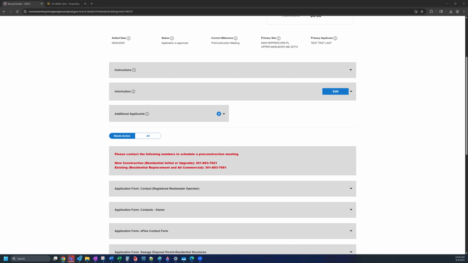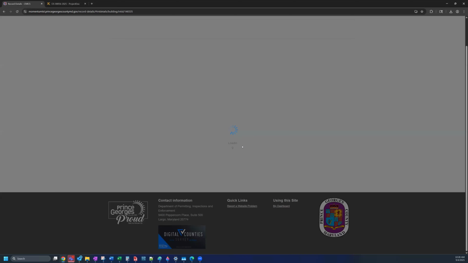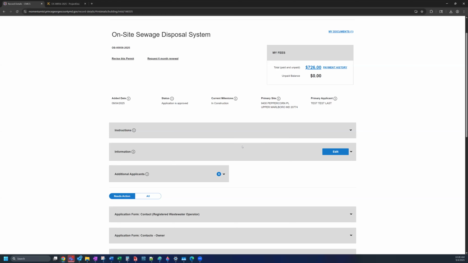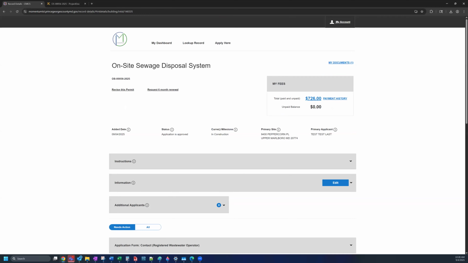So at this point, once we do that, you're going to meet with the inspector, complete the pre-construction meeting, and they are going to complete that task in Momentum so that now it's going to move forward to the in-construction milestone. So this means pre-construction meeting has been completed, construction can now start, and you're going to be going through the inspection process